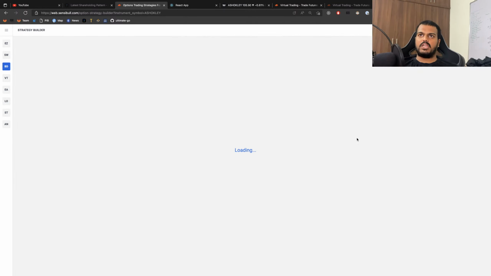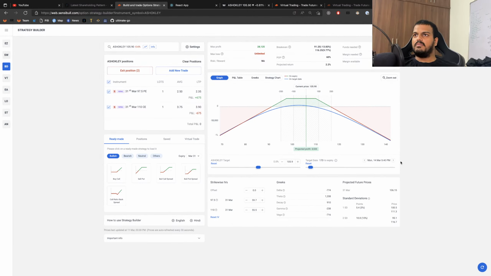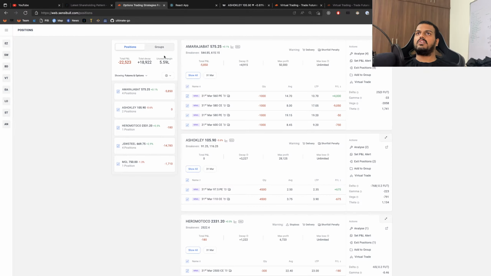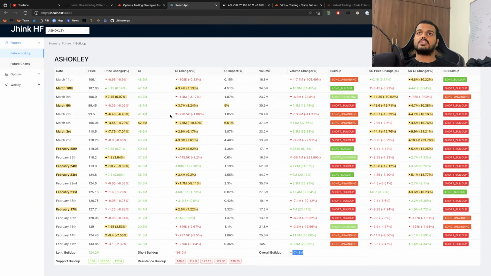So the maximum expectation from here would be around theta decay, that is 40 is what is expected from here. So it should be around 15,000, out of which loss would be around 2 to 3,000 is what we are expecting here. If we are making that loss, or we can exit from that, it is a much greater scenario. But let's avoid this right now. So Ashok Leyland is giving a mixed picture, where it is giving a huge long build-up, which has massively increased, but overall build-up is still negative.